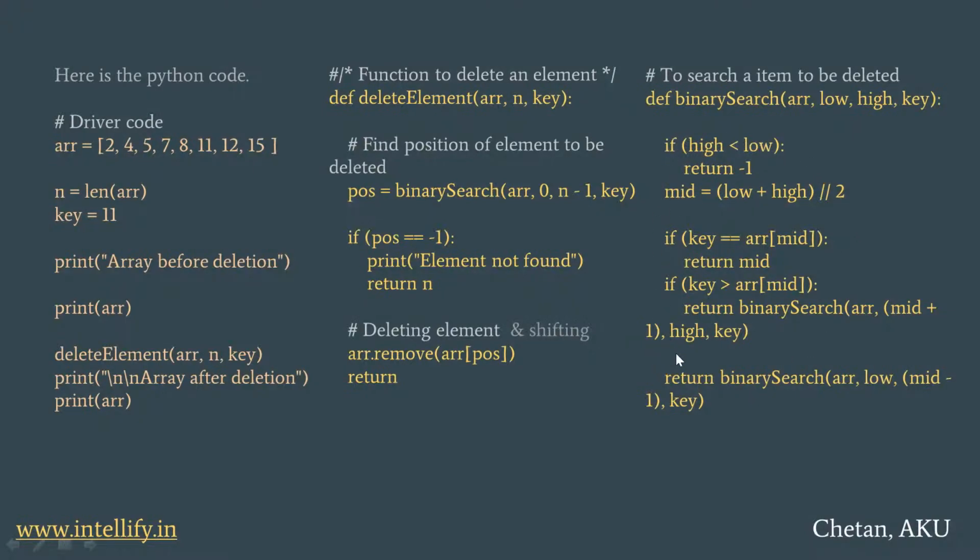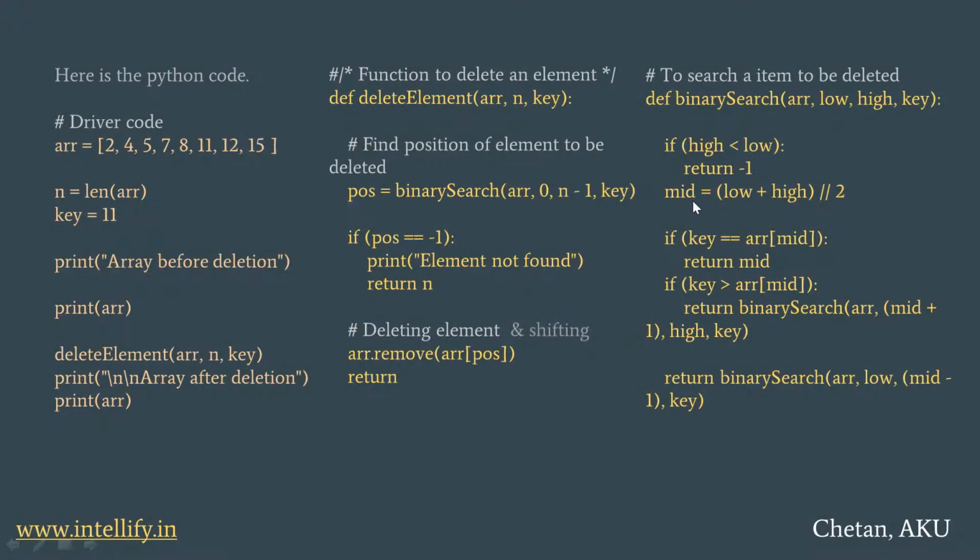You can see here, if high is less than low, this logic shows that the whole array is iterated and we did not find our element in that array. Then this function returns -1. If this does not happen, then